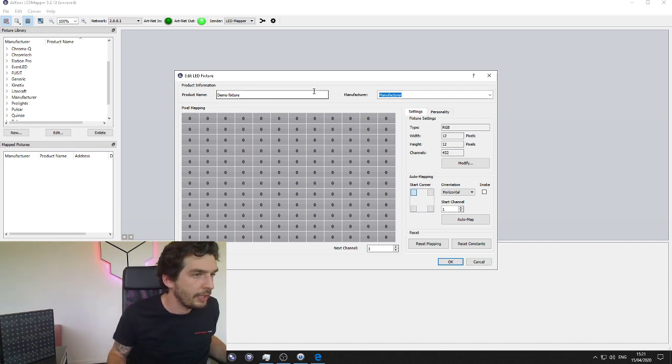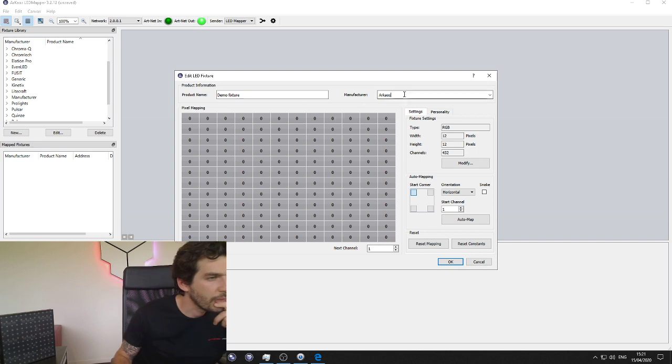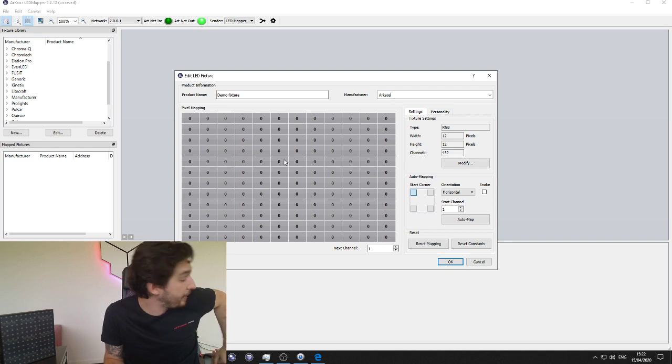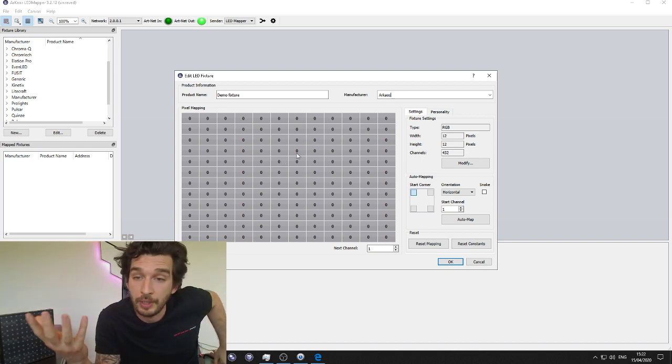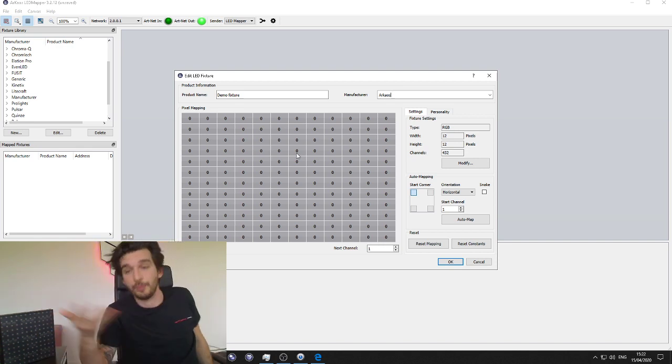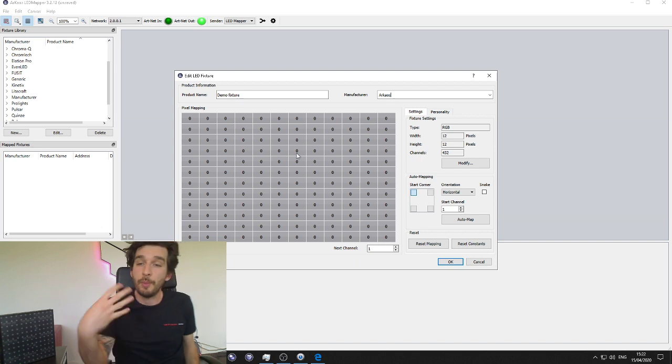In my case, I'm gonna set that to Archeos. So 12 by 12, I check the personality. 12 by 12, RGB, that's correct. Mapping, no. So as you can see, now I have a grid of pixels, but they are not mapped. So I need to tell my software what is the DMX channels of every one of my pixels, because my software doesn't know that. So that's what we call mapping or patching.